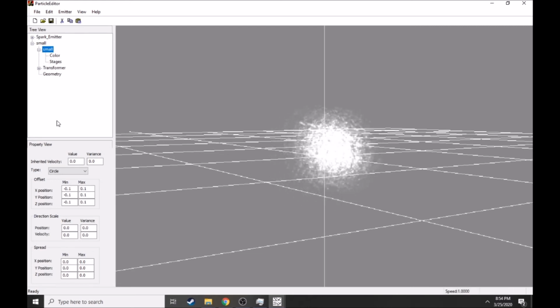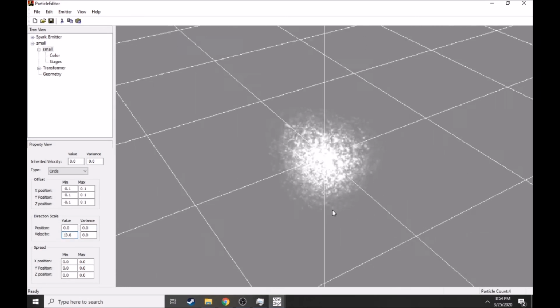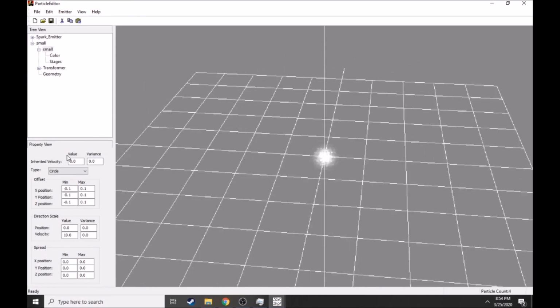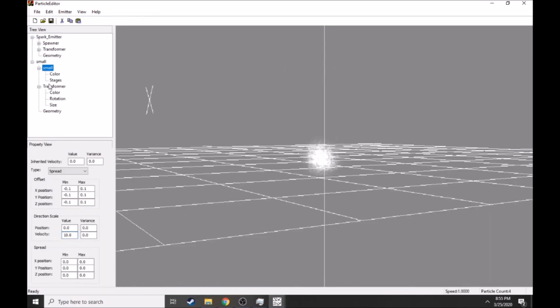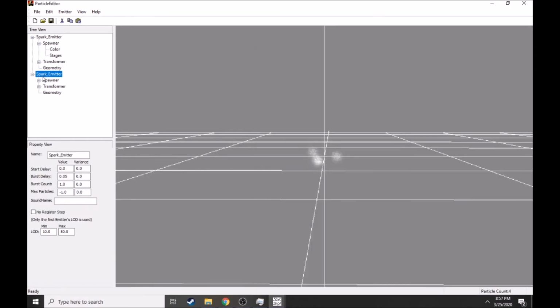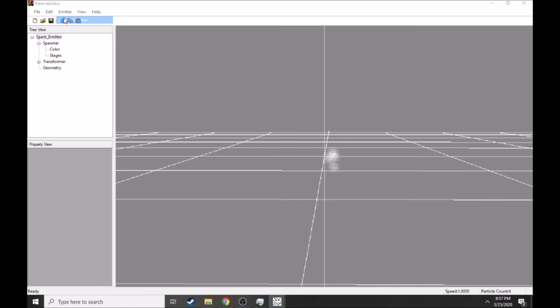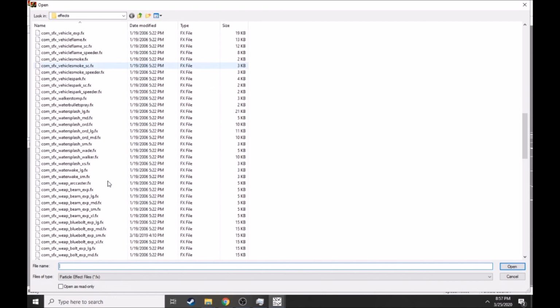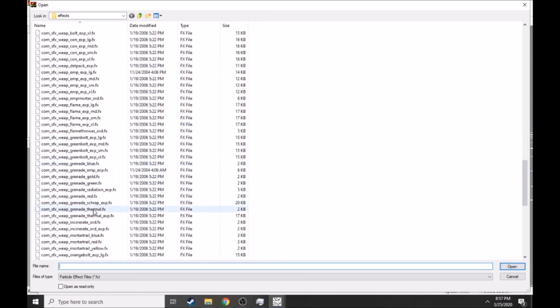And what we're going to do is change velocity. What does this do? It puts us going in a direction. Why did I add a decimal point there? Or rather, it should put us going in a direction. It's just being dumb. Alright, since it's being stubborn, we're going to delete this, add emitter, and do the same thing we did before, and go to ComWeb Rocket Trail